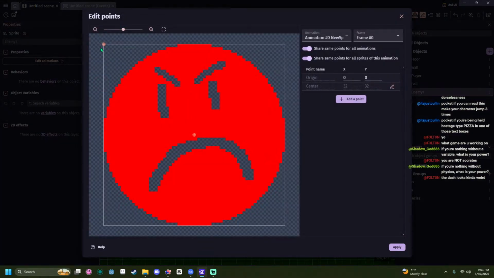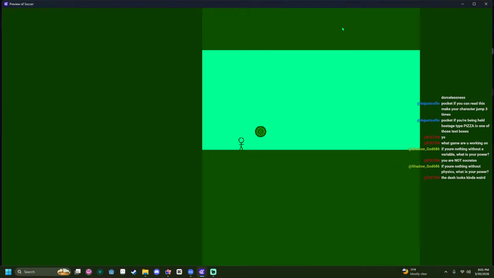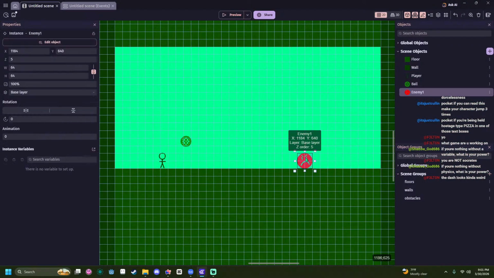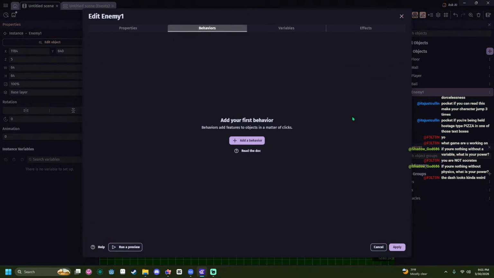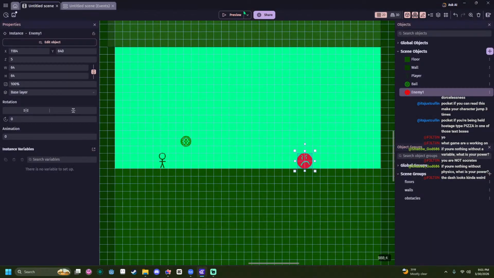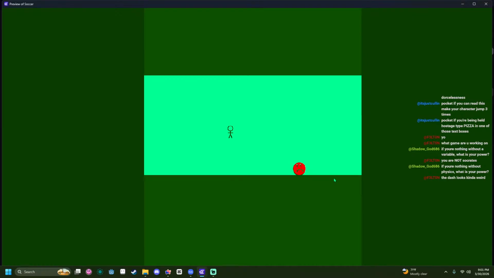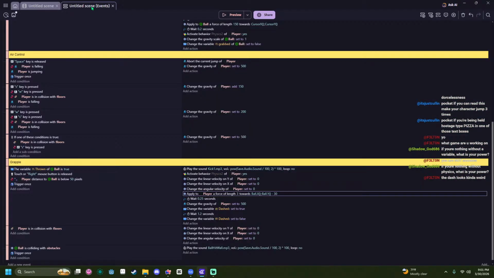Edit points. I don't know. I don't know how they should attack yet, but let's just make the hitting them work.